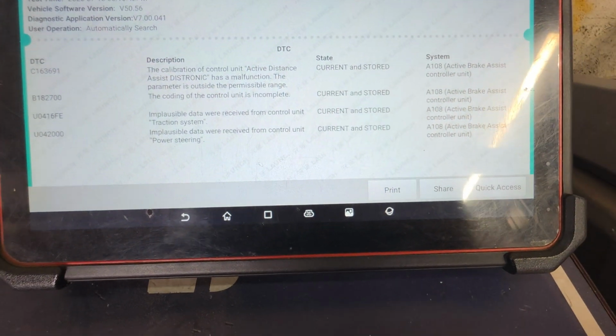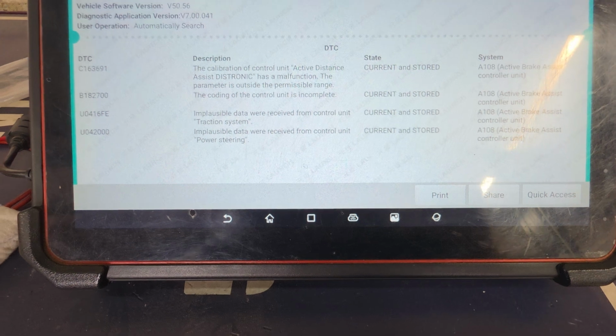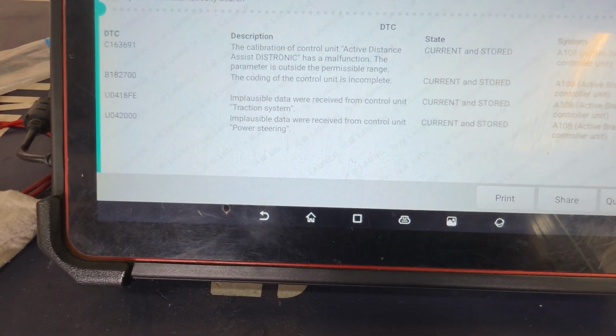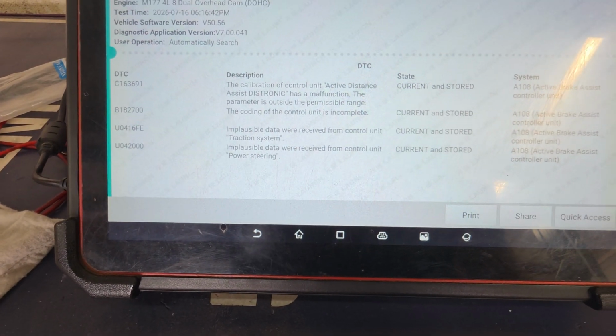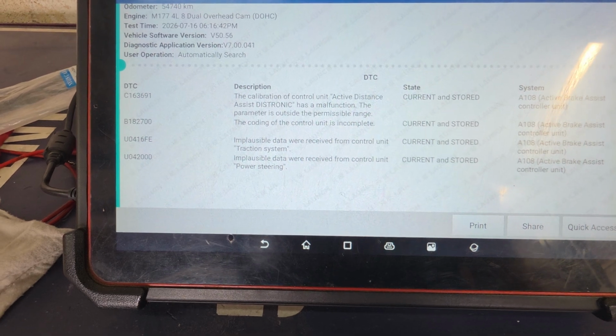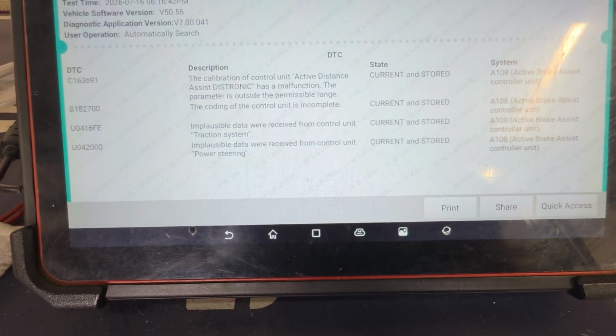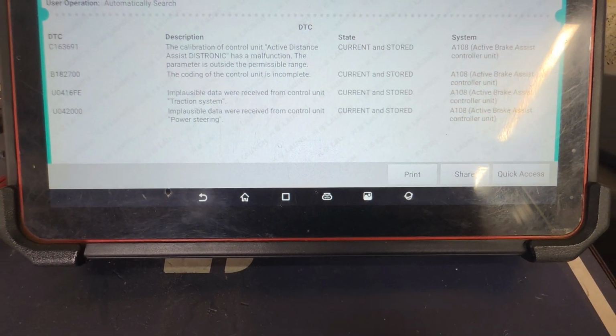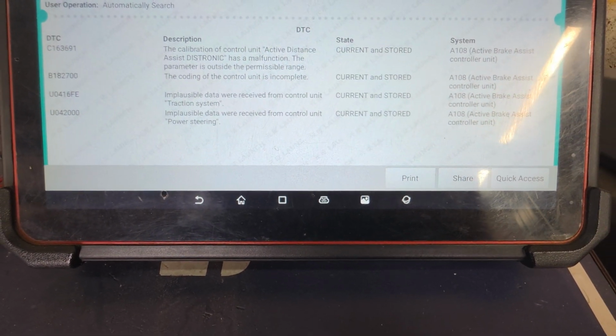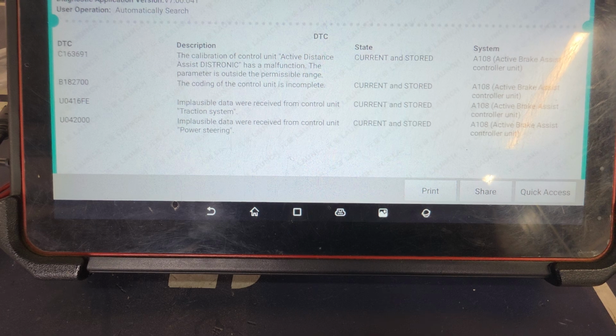This very often occurs when the battery is disconnected, or the distance assist sensor was disconnected and reconnected, or you had body damage and the vehicle just lost calibration for one